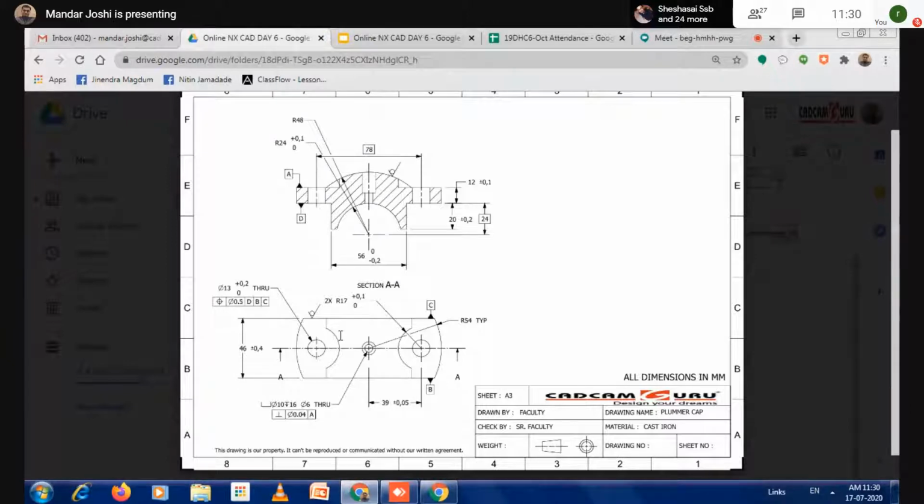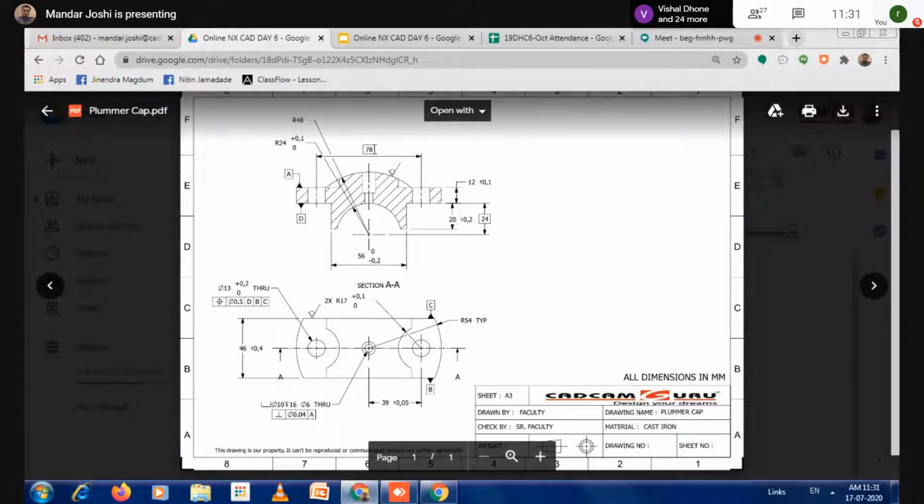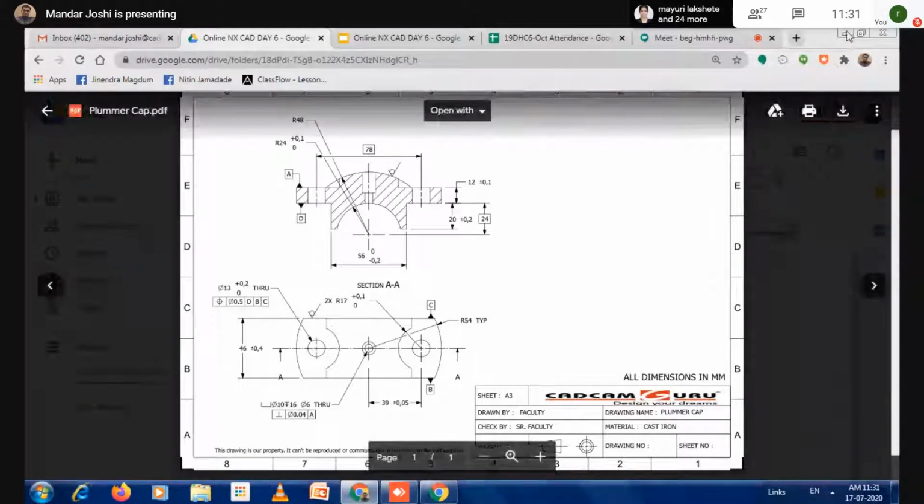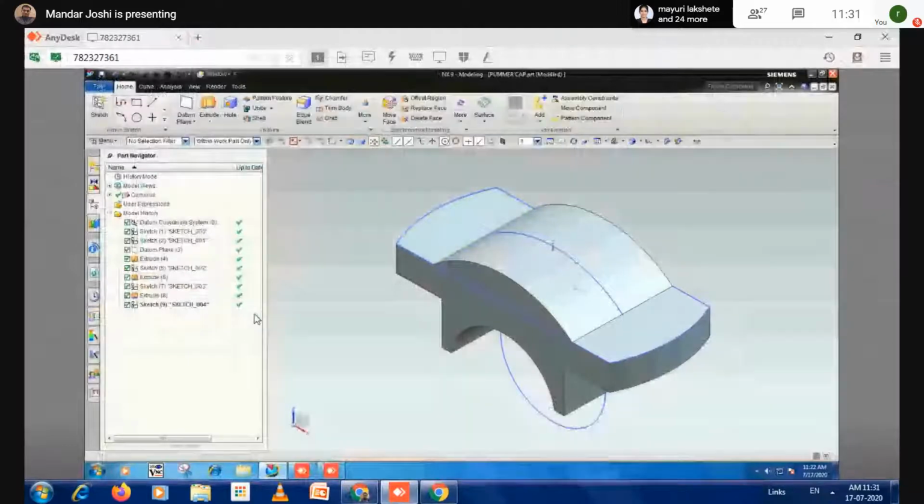So before creating this cutout of radius 17, what should I do? To locate this arc, I should create the hole first, isn't it? Then only I will get the orientation of this point. That point is located at what distance? 78 mm. Correct? So first, before starting that radius 17, I should draw a hole of diameter how much? 13. So I cancel out. Okay, so I go to this hole now.